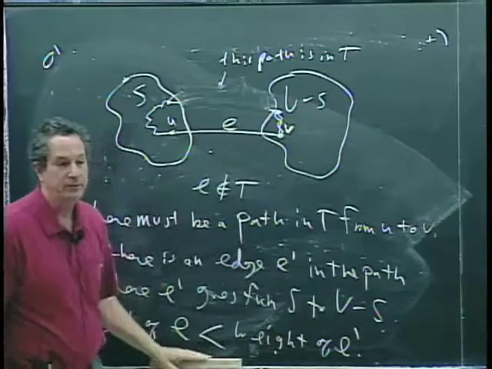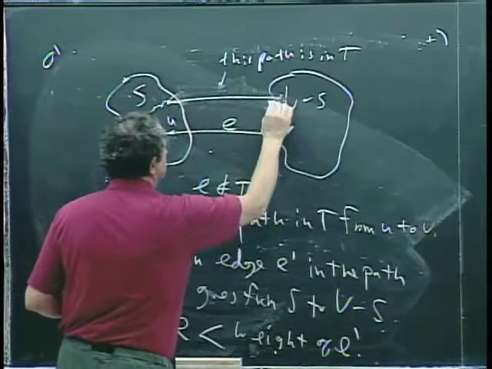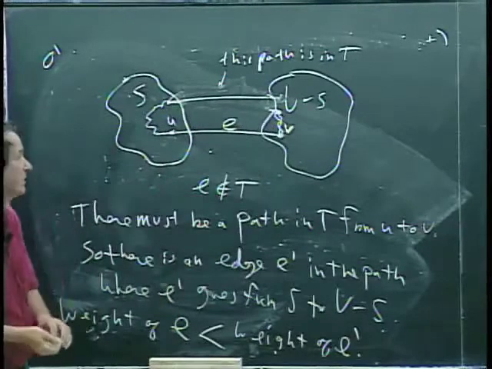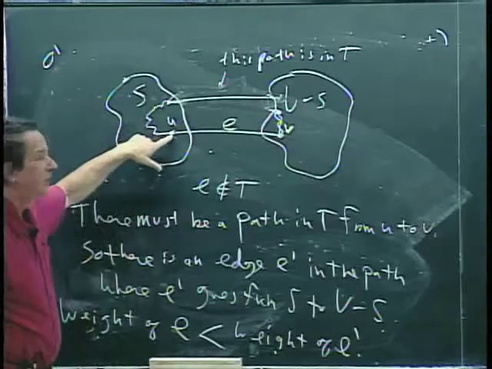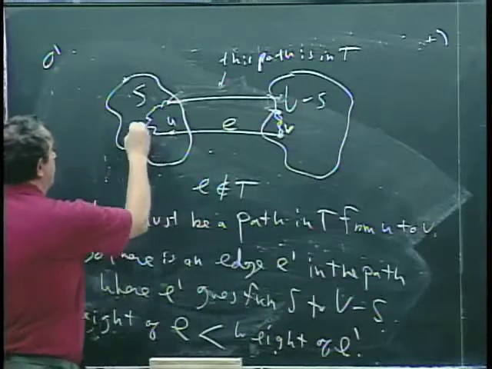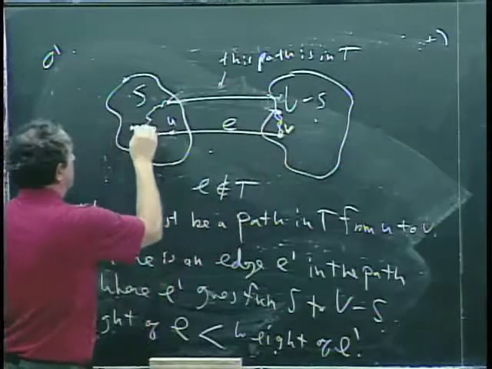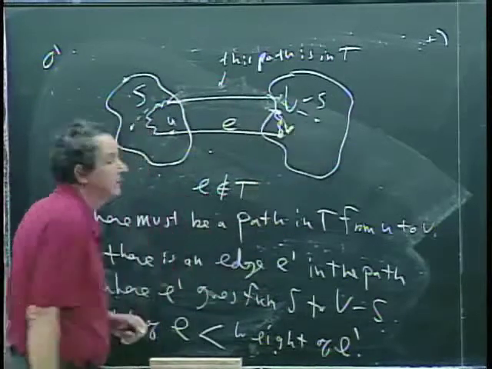Or another way of thinking of it is, since this is a cycle, and we know we can get from here to here, anytime you were going to go from some node in here to some node over there by going through this edge,